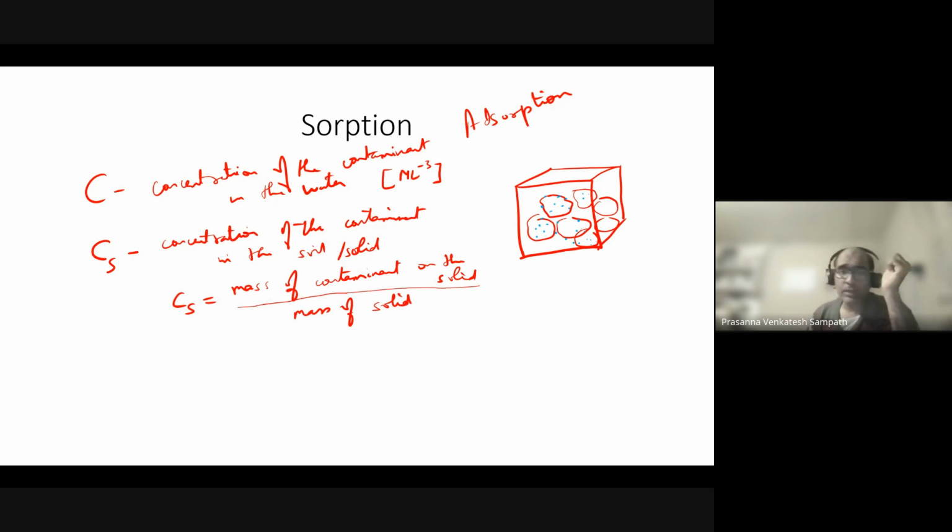If I multiply it with the bulk density of the soil, rho B, which is the mass of solid per unit volume, that will give me mass of contaminant per unit volume of that particular soil sample, right? So if I multiply it by rho B, what is rho B? Rho B is the bulk density. So if I multiply rho B by CS, I will get the mass of solid